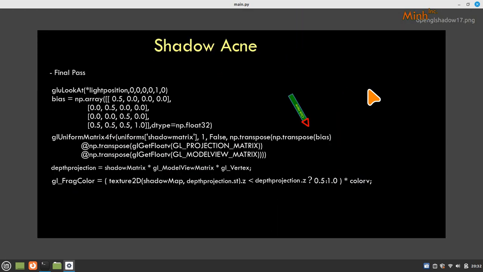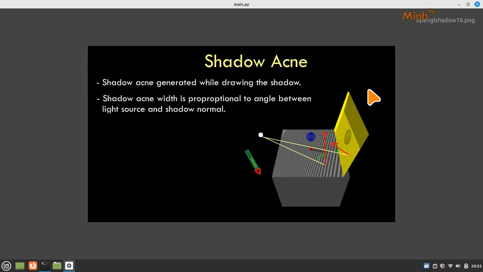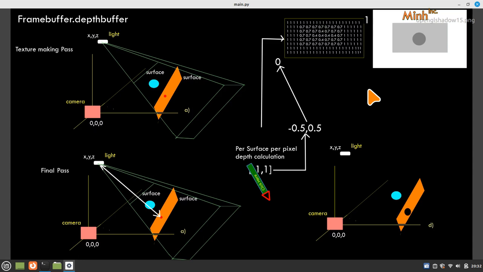So in the texture making pass we get the texture, and in the final pass with the XY coordinate we try to see the data. So if the data is bigger, in the sense that